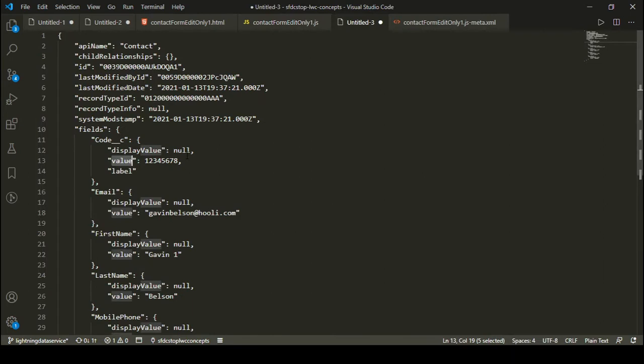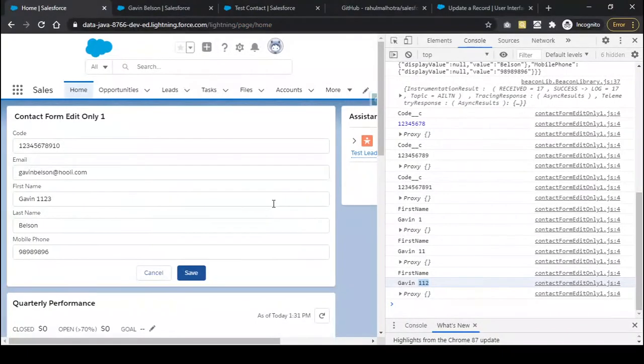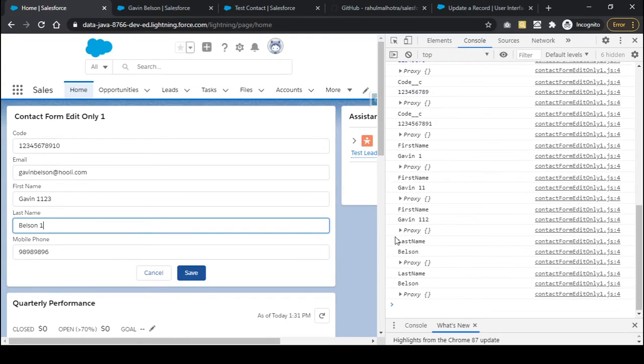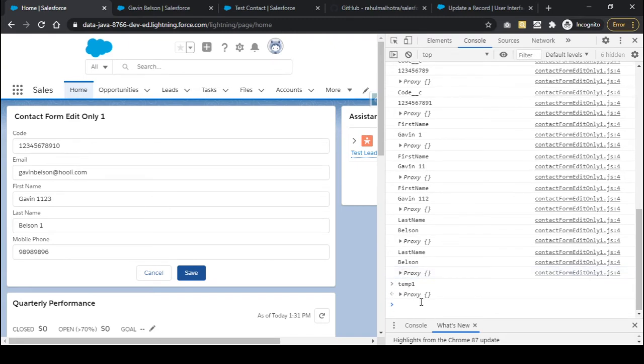So it is the same object. I'm just updating the value right here. After that, I have displayed this contact record editable object, in case you want to know the updated value. For example, let me do some updation like Belson1, and the earlier name was Belson, and I can store it as a global variable and show you what is there in my object.